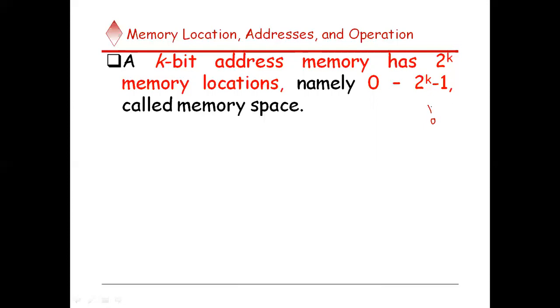Instead of that, think about you are having 2 bits for representing a memory location. So what are the possibilities you are having? One location will be 00. Next location will be 01, the next location will be 10, and the next location will be 11. So these are the four possibilities you are having. It means that if you are having two bits for representing a particular address, in your memory you will be having four addresses.